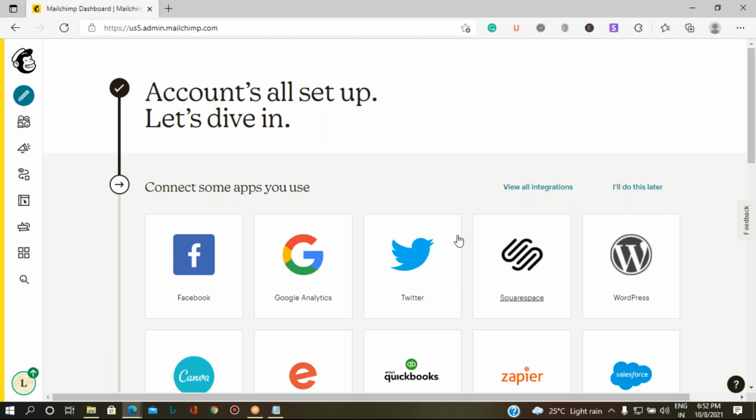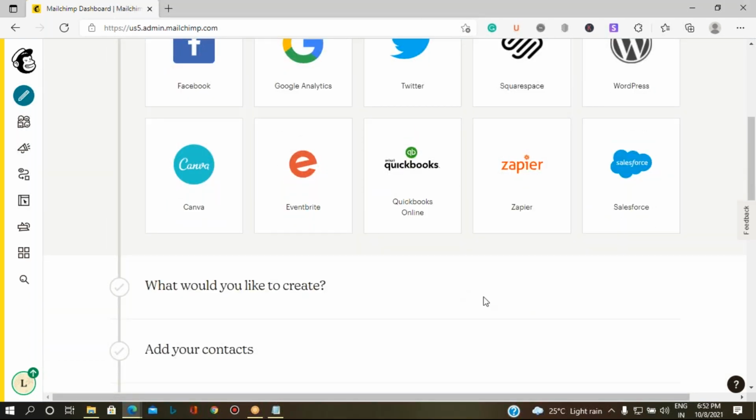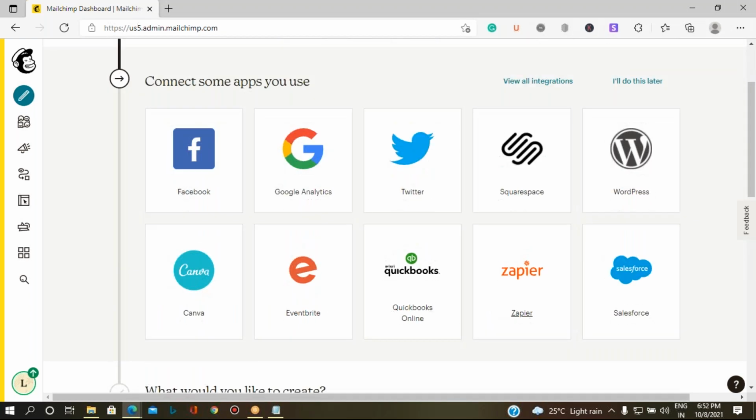So you can see what all you can do with the MailChimp services. You can connect it with these apps.